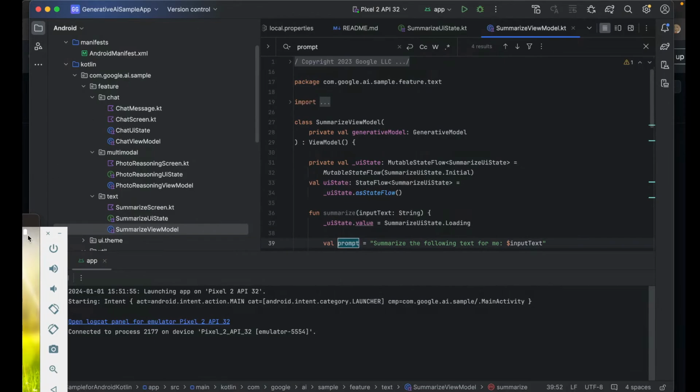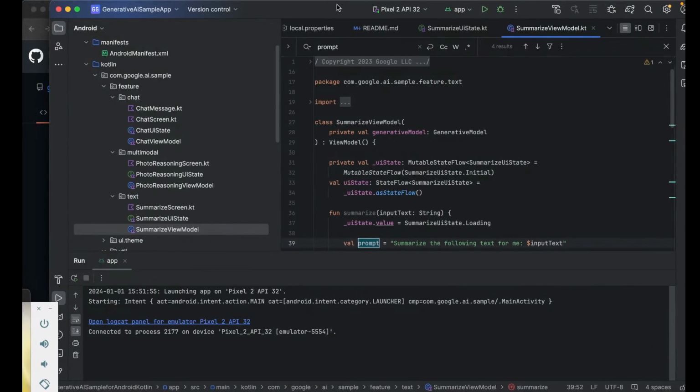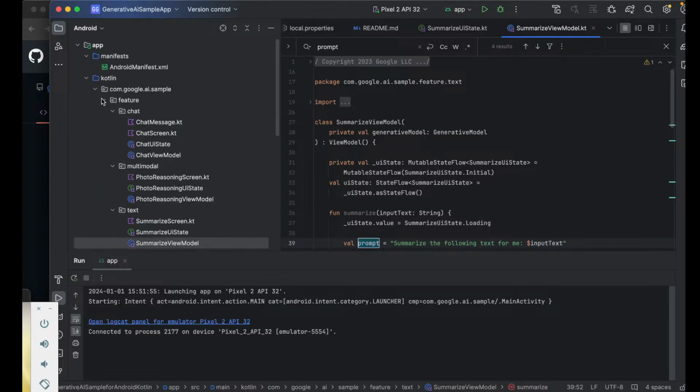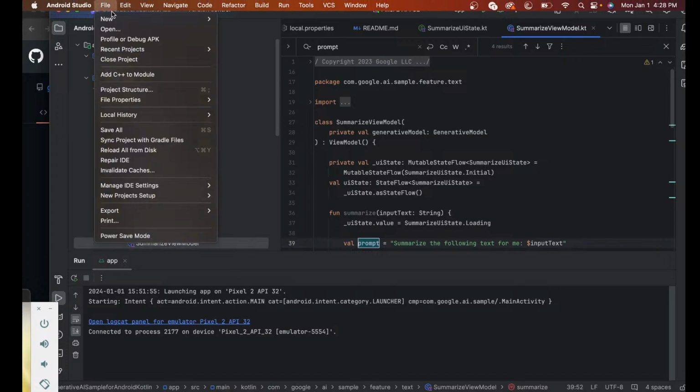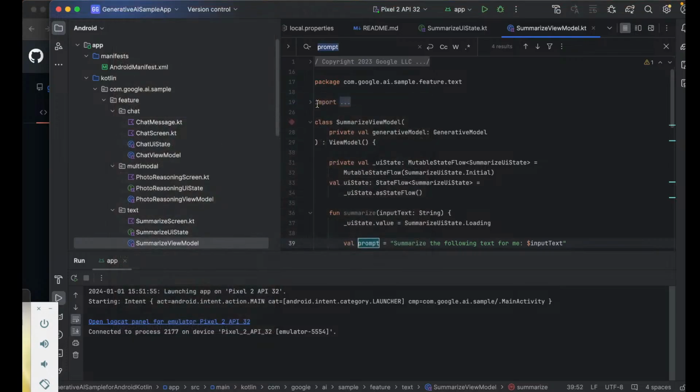Well, actually, let me first show you guys how to set up the API key inside your project. So basically, in order to set up the API key inside your project, you're gonna have to go to the README file inside the project here. So I'm gonna actually do a find in files, or edit, find, and then